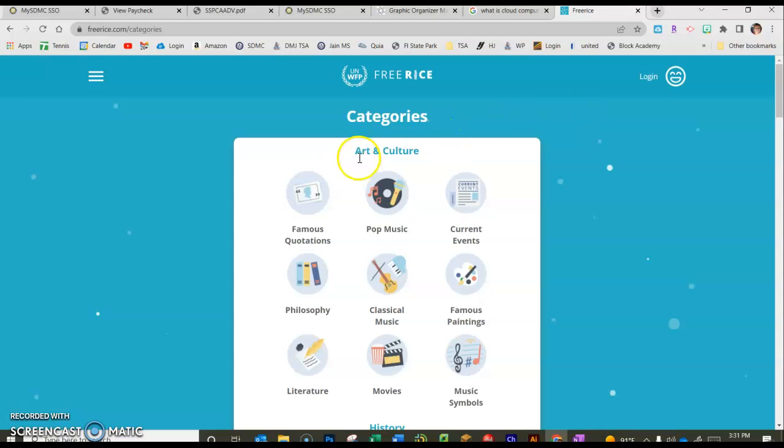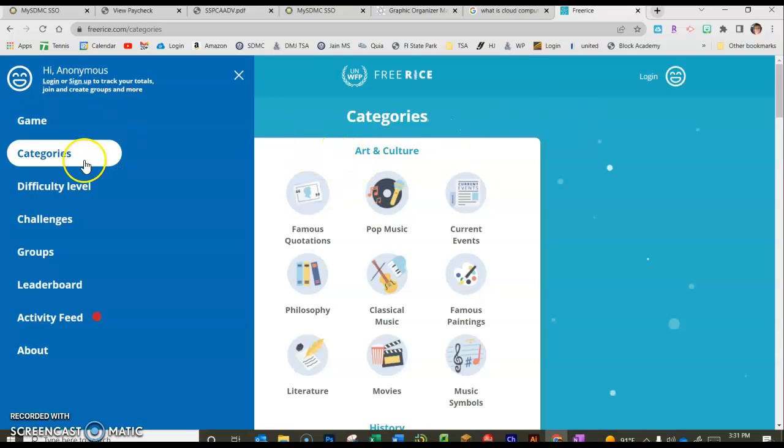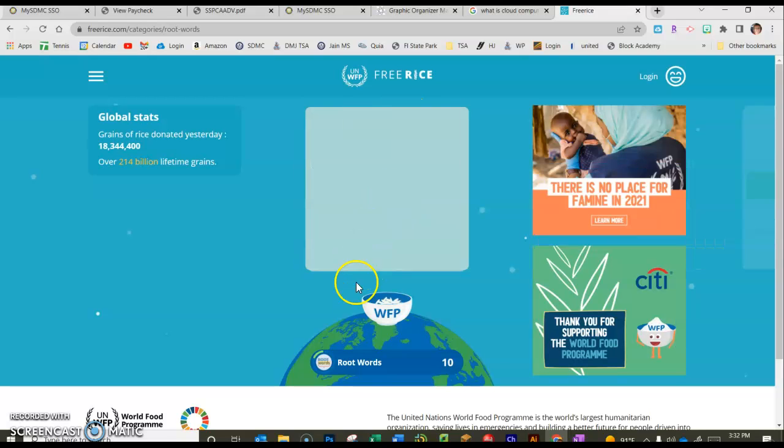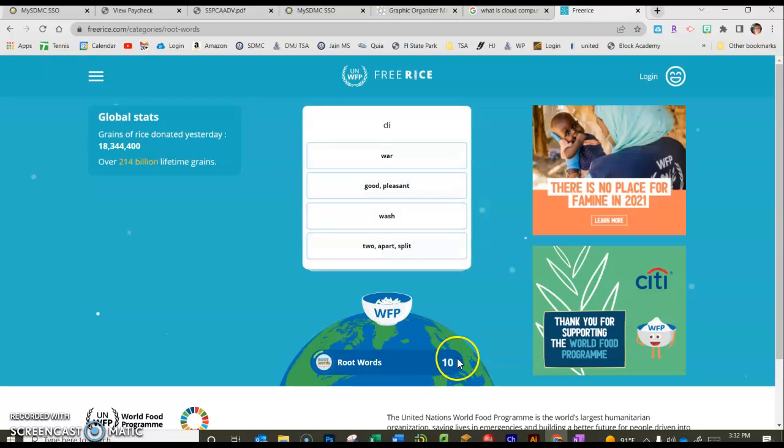If you click on root words, it will come up and it will give you a root word and you have to say what it is that you think it was. So cred, you have to put that. I've earned 10 grains of rice. Die,